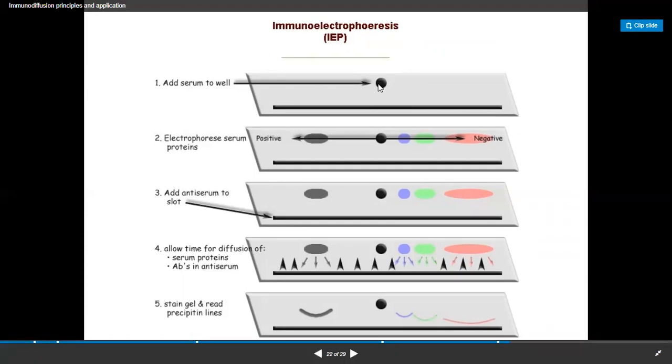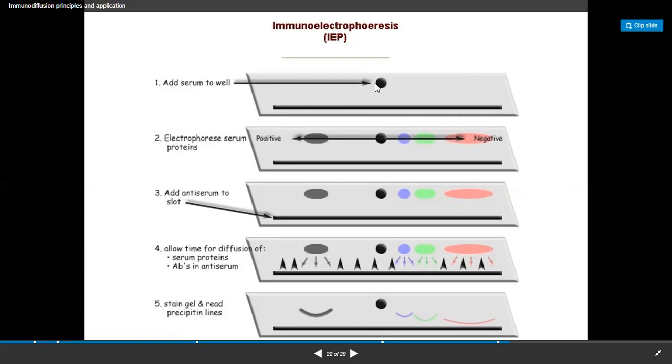We also make a pore in a straight line. We cut this area from the gel, and we cut this area for the well. We add the serum in this well. Serum contains the antigens, so we are adding serum in this well.